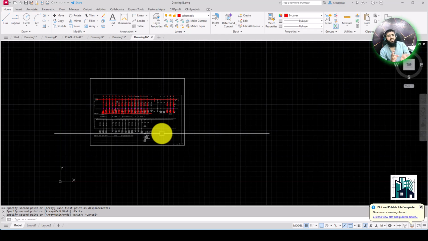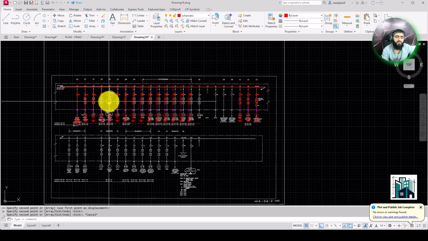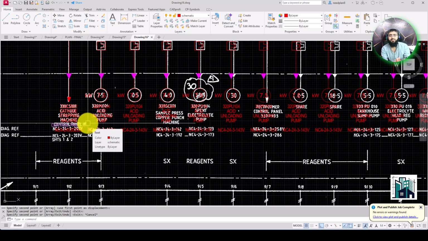But the circle, polyline, line, and rectangle should be okay. And also array, copy, move, rotate, trim, scale, just these, nothing else. You just watched what I have done. I have done this using these simple commands, nothing else.